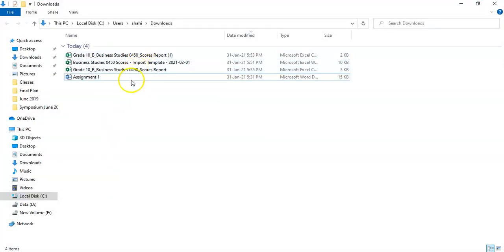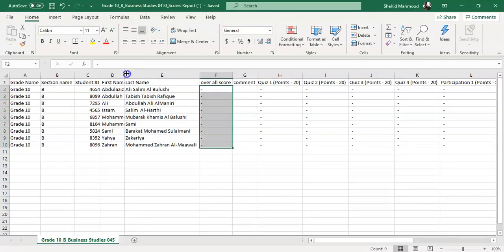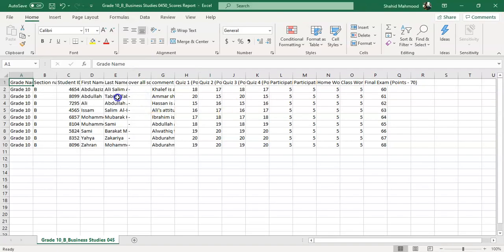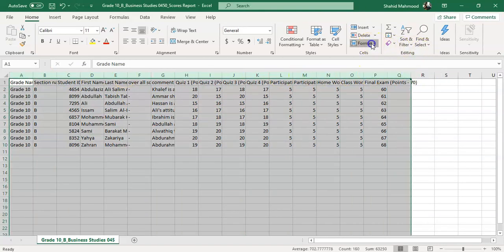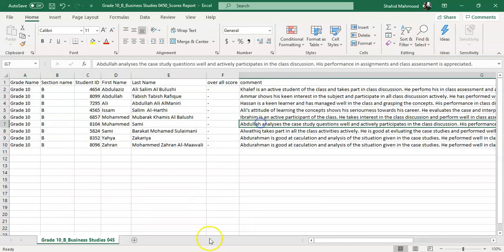Okay, I have already done one sheet over here. I can show you. Okay, see, this is a sheet I have already prepared for you.